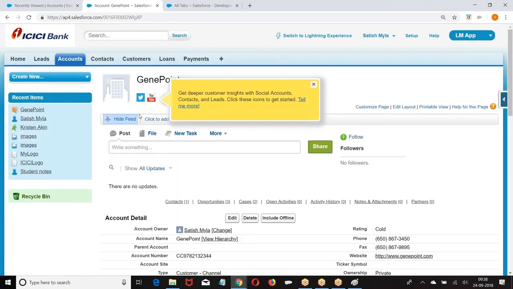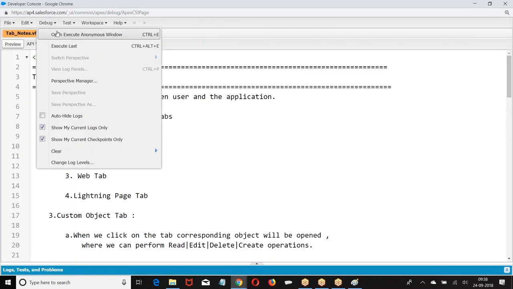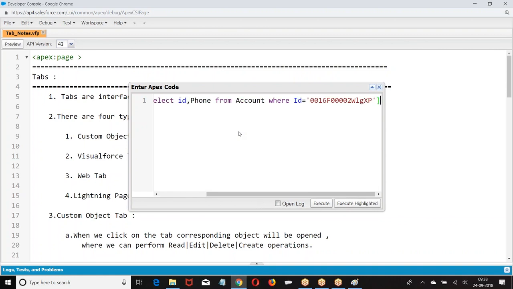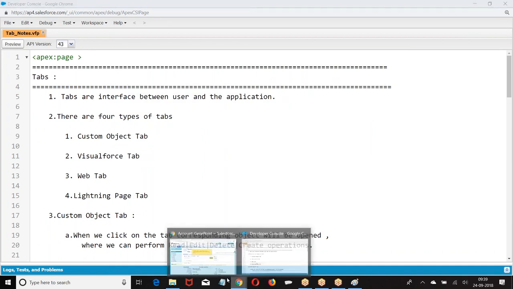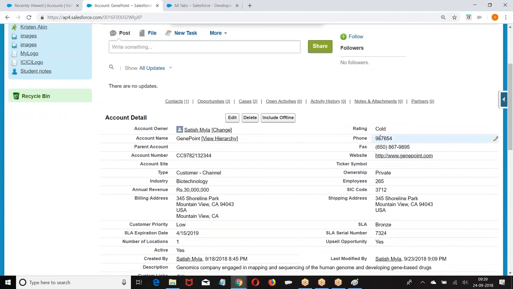What is the other way of modifying? The same record, I can also modify programmatically.